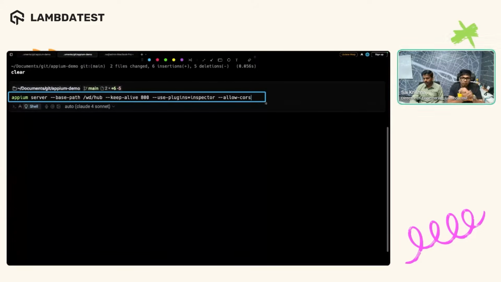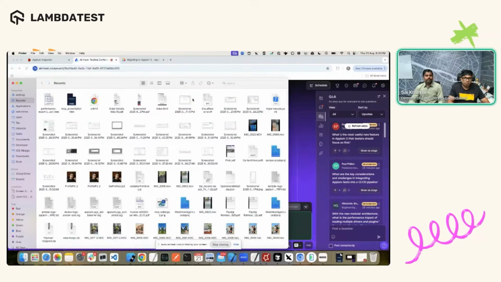And this is an officially released plugin from Appium itself, not from the community. Since we installed the plugin, I'm trying to enable the inspector plugin now. I'm basically starting the Appium server just like how we used to start it in any of the versions. So it's appium server, I give a base path to it, and I say use plugins and give the name of the plugin. That's pretty much what I'm trying to do over here. So once I do this and I hit enter,